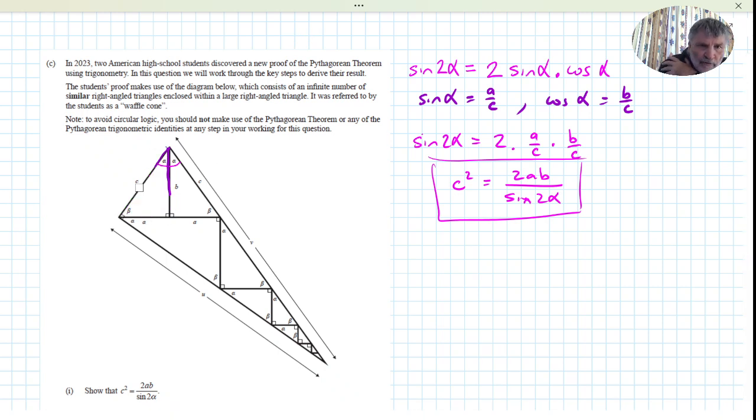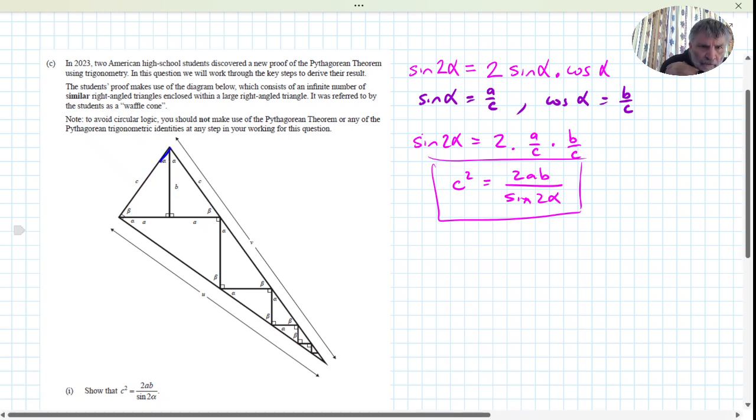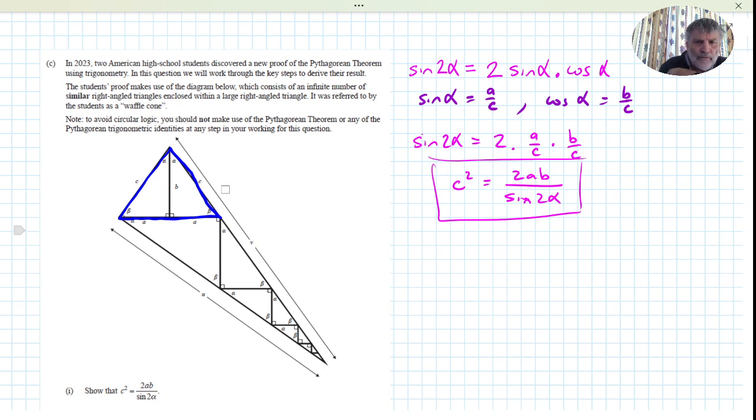We rub this off. If we consider the big triangle at the top, we can use the sine rule on that. So, alternatively,